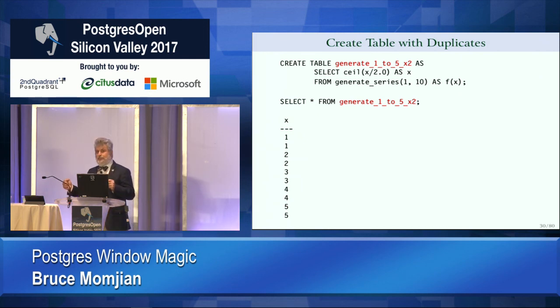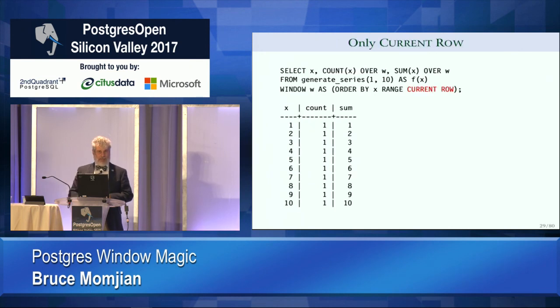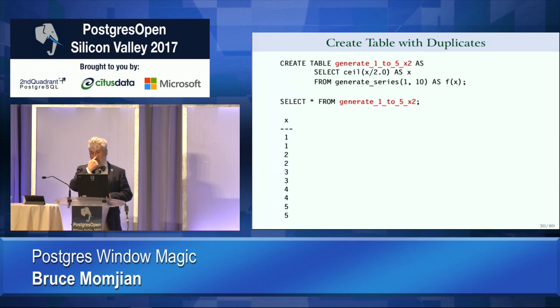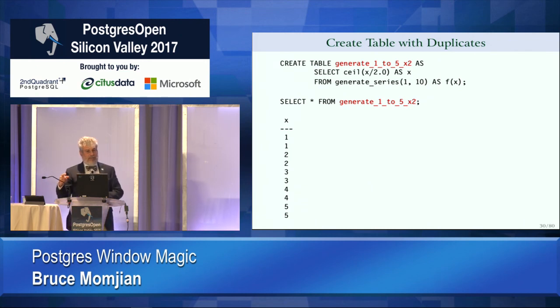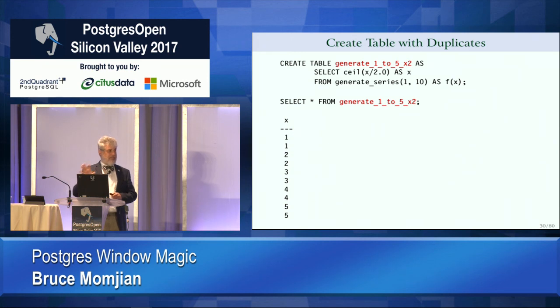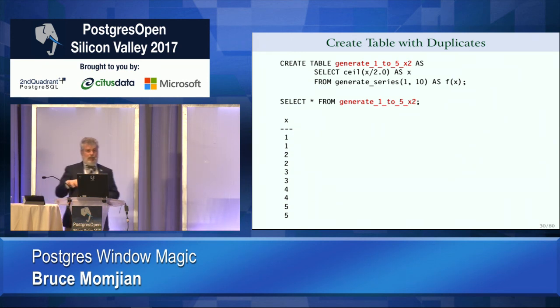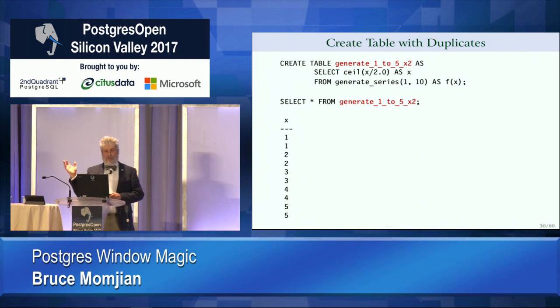Okay. So now we're going to create a new sample data set. This previous data set had the numbers from 1 to 10, right? All unique. What we're going to do now is create a data set with duplicates. And this is for illustration purposes. So instead of having 1 to 10, we're going to have 1, 1, 2, 2, 3, 3, 4, 4, 5, 5. Okay? Very easy to understand how that works. So we're going to basically create a table. We're going to dump a bunch of values in there. And again, we're going to work with this data set going forward.